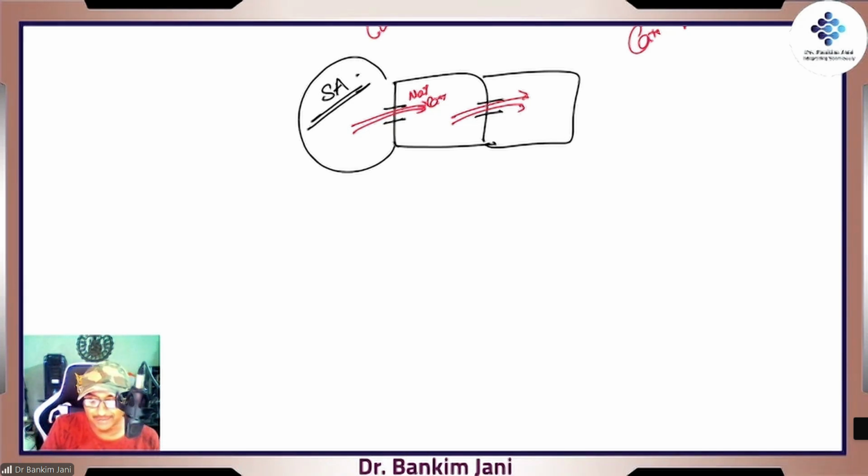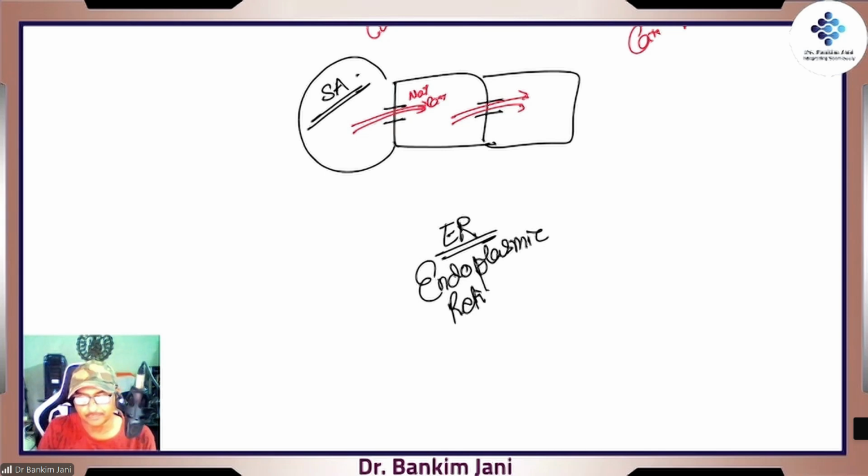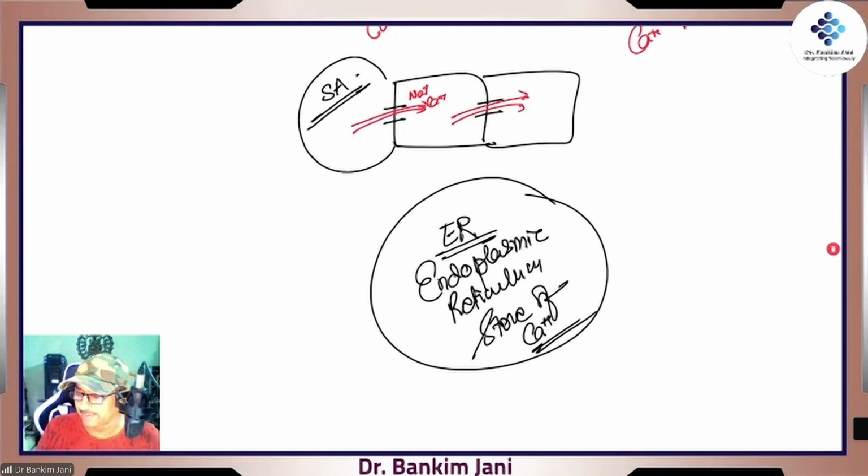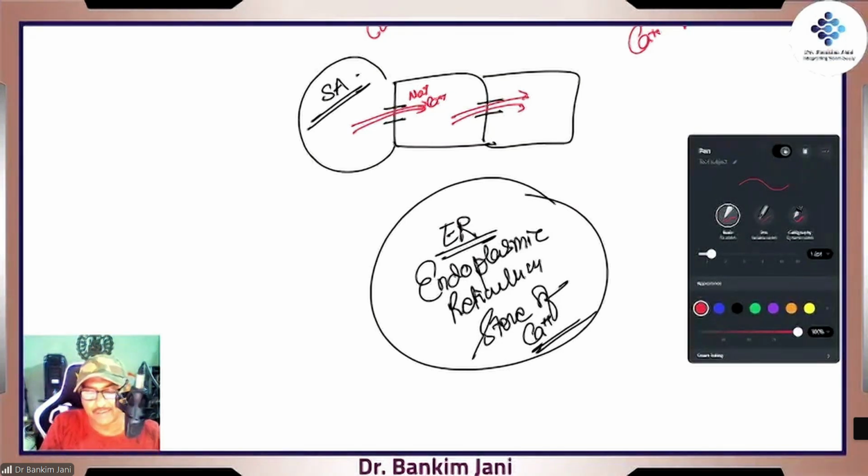But in the case of the cell, there is a kitchen which is called the endoplasmic reticulum. It is inside. This endoplasmic reticulum is a storehouse of calcium. But because it is stored in the stores, we cannot use it. So the calcium which has come from outside, the calcium which has come from this gap junction,